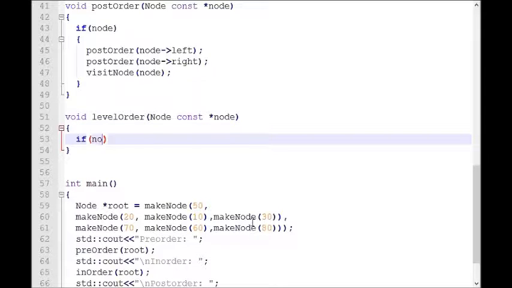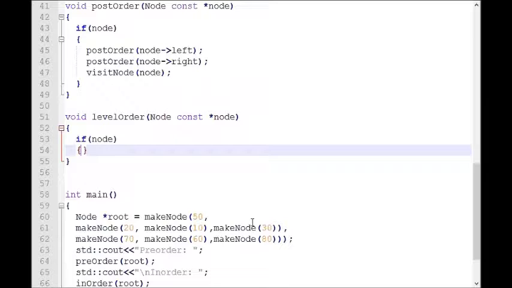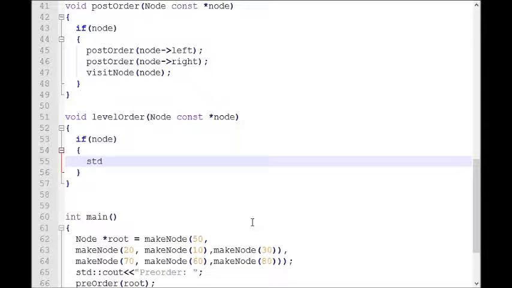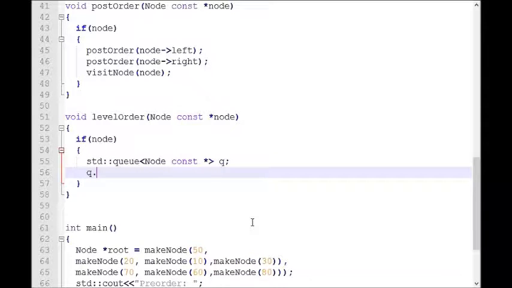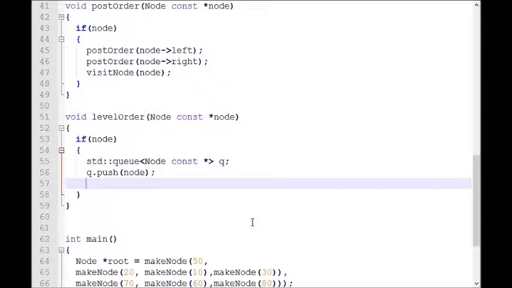So if node is not a null pointer, we construct an empty queue, where each element in the queue is a pointer to read-only node. And then we push the node into the queue. Next, we enter a loop, as long as the queue is not empty,